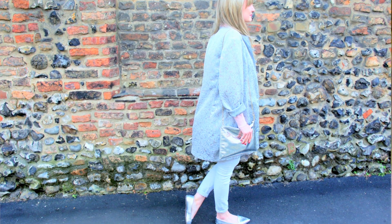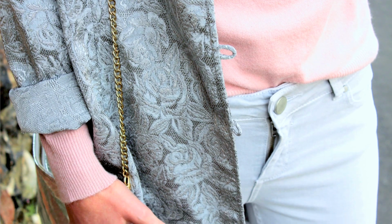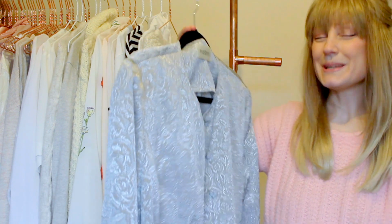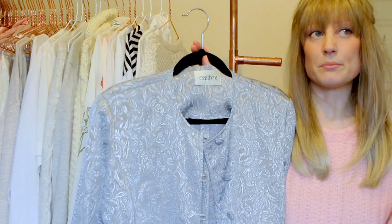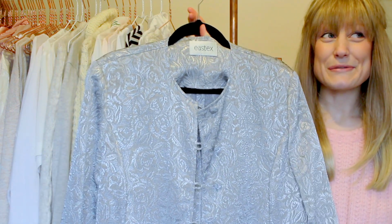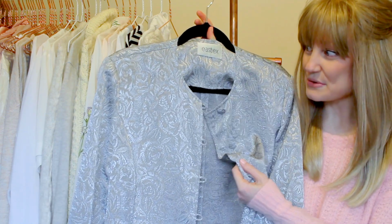I was a bit unsure about it at the beginning when I first spotted it, purely because it was quite a few sizes bigger than I am. But that's never really put me off, because I think you can get away with having oversized jumpers and oversized jackets and coats and things like that. So I think I got it for £6 or something like that, but it's just this really beautiful silver kind